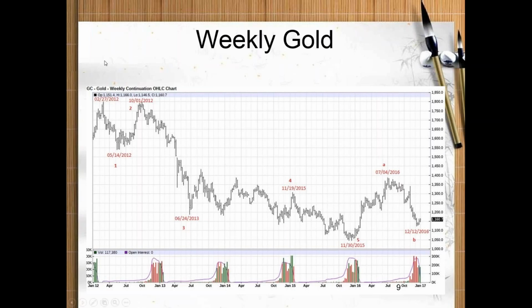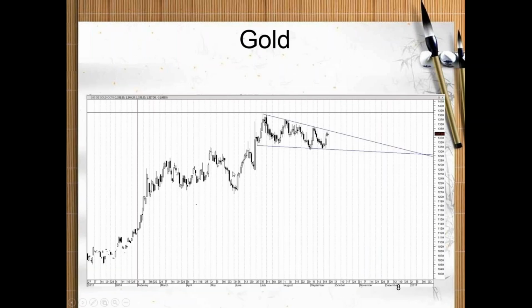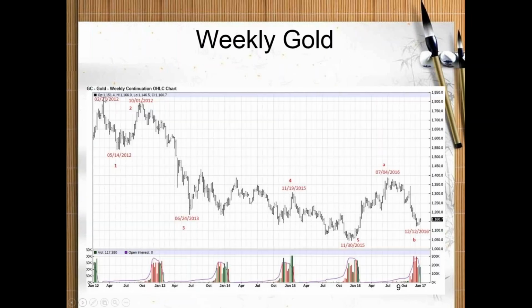Okay, what do we have? This is my count specifically going back to the beginning of 2012. If you see the temporal axis, the horizontal scale down here at the bottom, starting at a top that came in on the week of February 27, 2012, I believe. Now, let me put this into context. Everything here, actually, no, I was wrong. I jumped the gun. All right, going back, this is a top that occurred in February of 2012, and I believe the decline into May of the same year is your wave 1 long-term count,